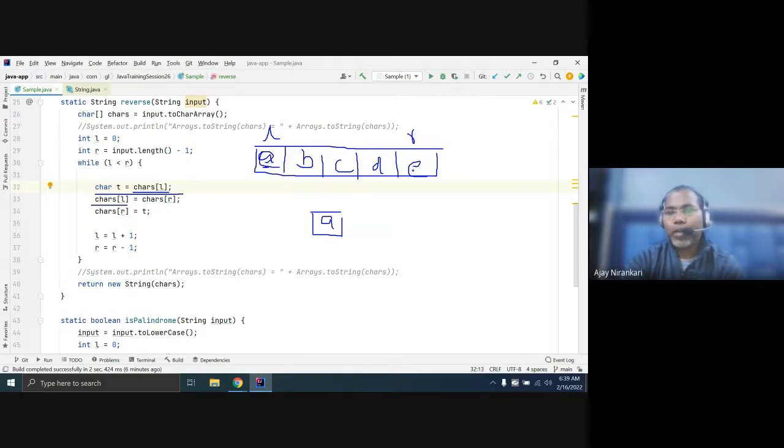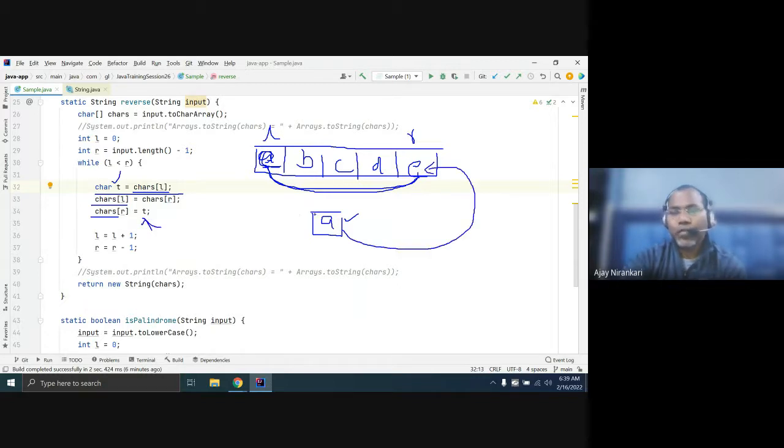If you copy E from here to here, and you don't store the A value somewhere, it will be lost. So first we hold whatever the value is at this position. Then you copy E here, and now you can say a of r position stores the held A value.